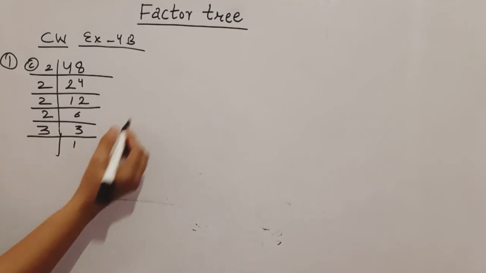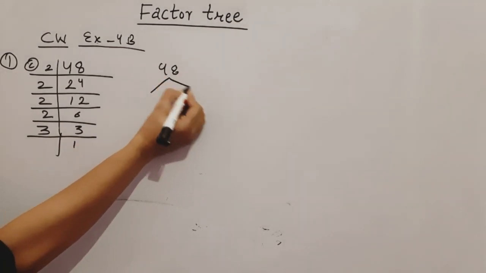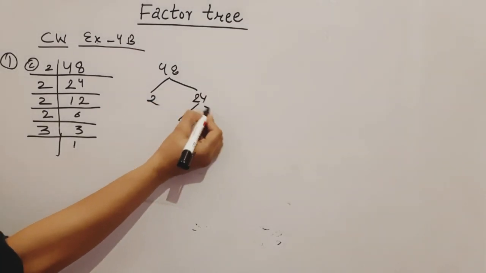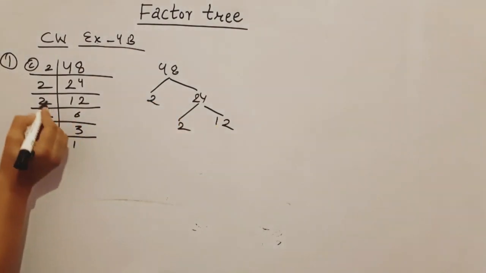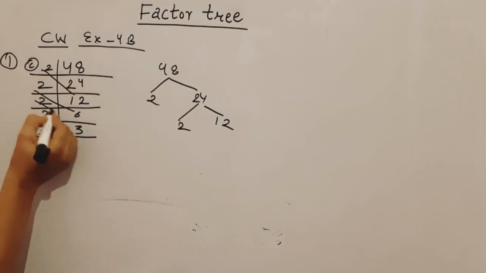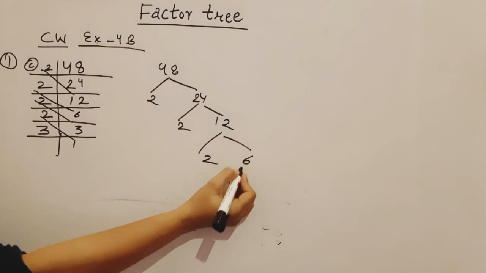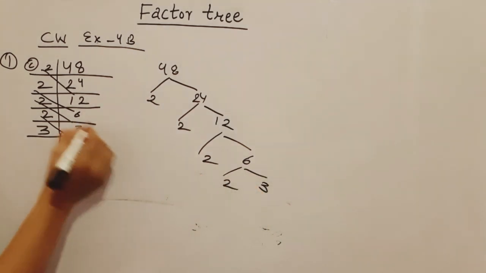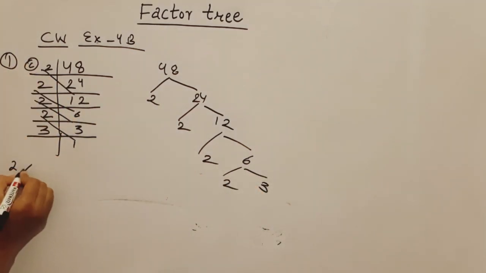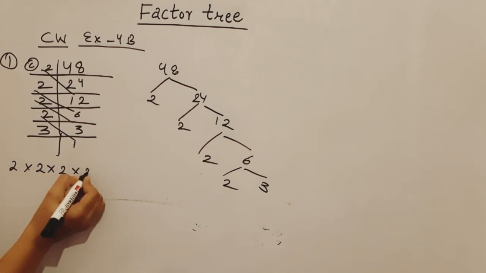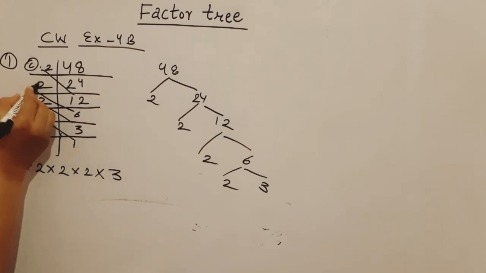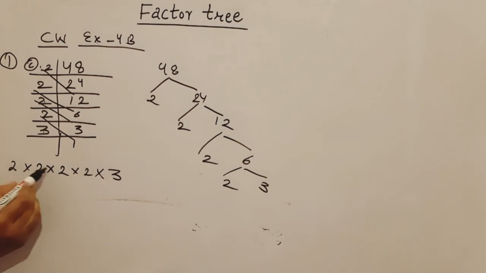Now what we have to do? We have to draw the factor tree also. 2 24s are 48, 2 12s are 24. These numbers will keep coming in your factor tree, okay, like this. 2 6s are 12, then 2 3s are 6. Now all the numbers on the left hand side, 4 times 2 multiplied by 3, 1 2 3 4 5, 1 2 3 4 5. That means our division and our prime factorization is totally correct.